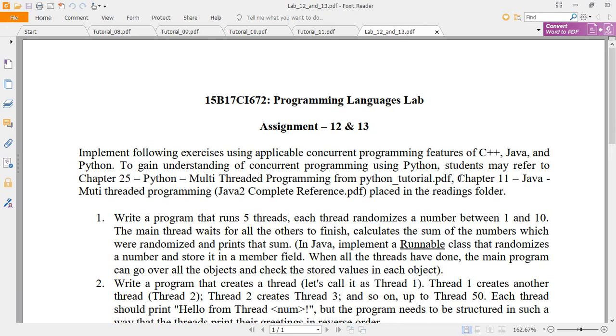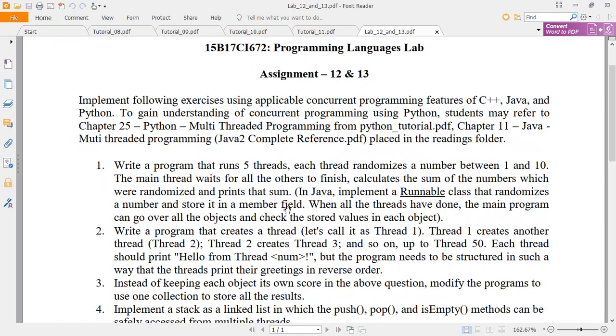You may also go through chapter 11 of Java: The Complete Reference if you are doing it in Java programming. Question 1: write a program that runs 5 threads. Each thread randomizes a number between 1 and 10. The main thread waits for all the others to finish, calculates the sum of the randomized numbers and prints the sum.